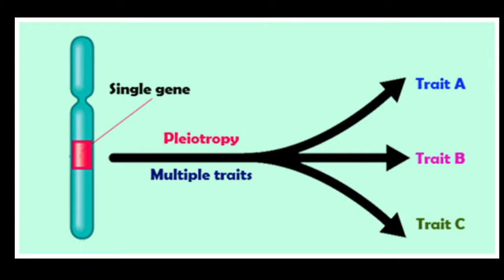Now, as on your screen, there is a picture of pleiotropy. In all cases of Mendelian inheritance described in the previous topic, we have seen that a single gene is responsible for the expression of a single trait, meaning one gene is responsible for one character. Later it was observed that a single gene, a pleiotropic gene, may influence the expression of more than one trait. This ability of the gene to influence more than one trait is called pleiotropy.